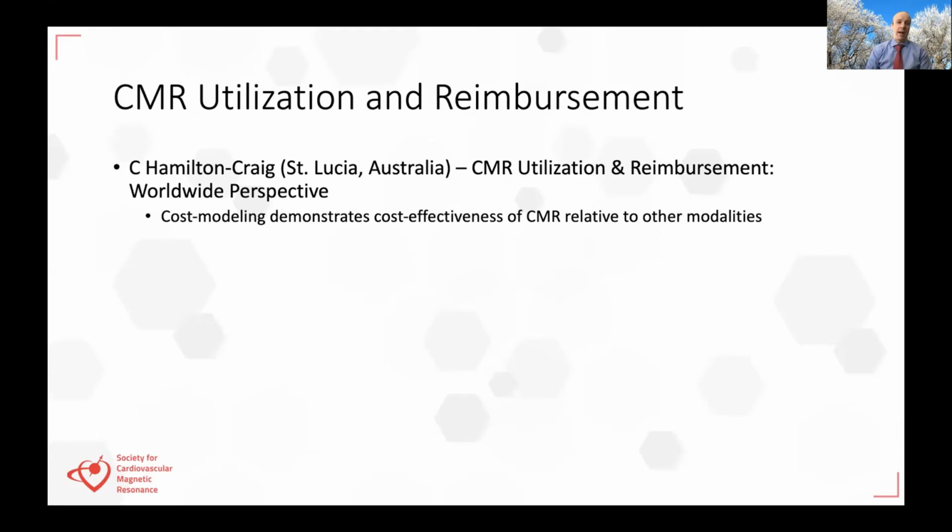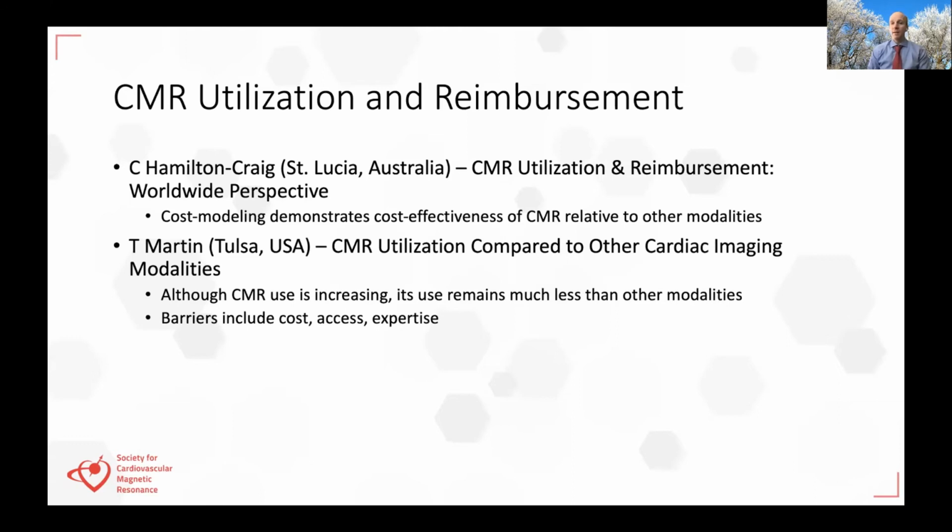And he pointed out how cost modeling has been important in his practice in, again, further demonstrating the cost effectiveness of cardiac MR relative to other modalities as a mechanism of growing the practice, where in Australia,